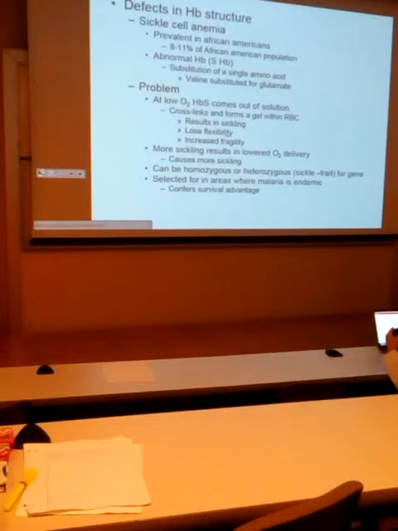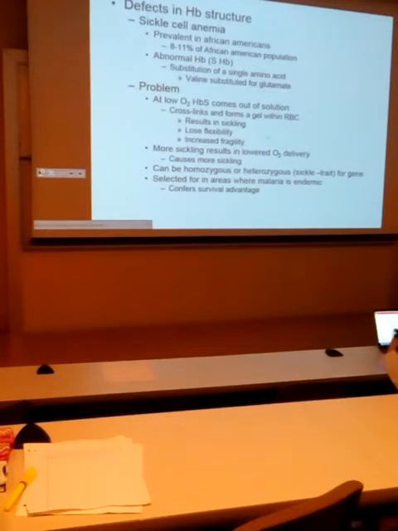The problem with this is that the lower the oxygen is, the more sickling that occurs, but the more sickling that occurs, the less oxygen delivery is able to occur, and the lower the oxygen becomes. So people get into what's called a sickle cell crisis, where it becomes this positive feedback situation, where they start getting a little hypoxic, a lot of their red cells start sickling, that makes them more hypoxic, which makes them more sickle, and of course you've got to give them fluids, give them oxygen, and try to reverse